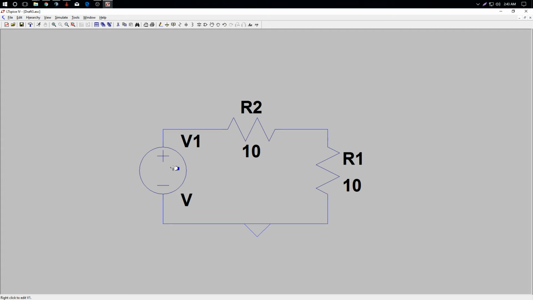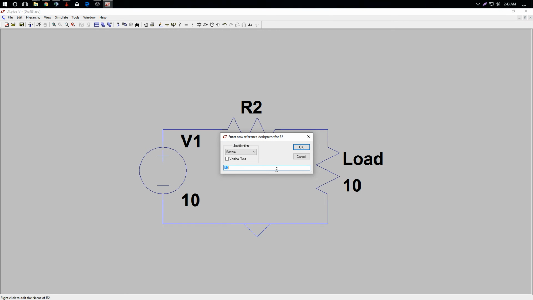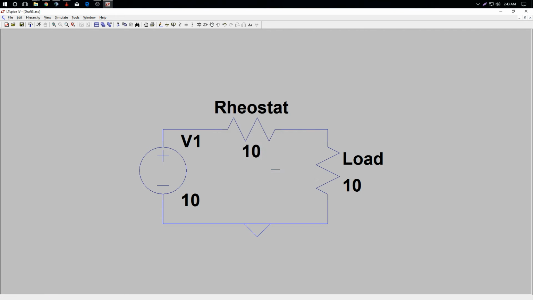So let's change the voltage value. Let's say it's 10 volts, and R1, let's name it load, right? Load. And then let's name R2, let's say rheostat, right? The things you turn and they change the value of resistance. Let's name it battery. Alright, so